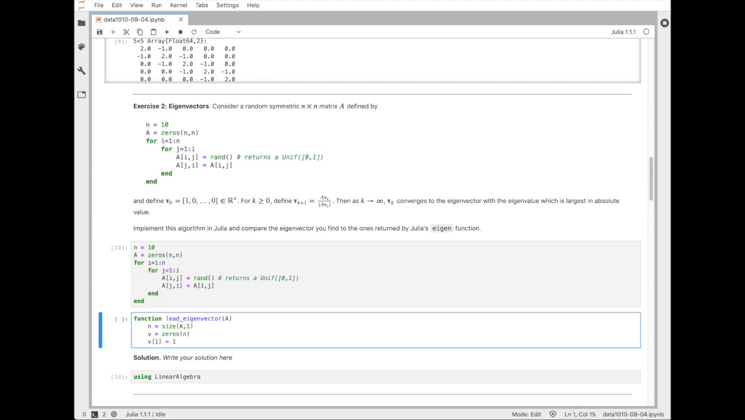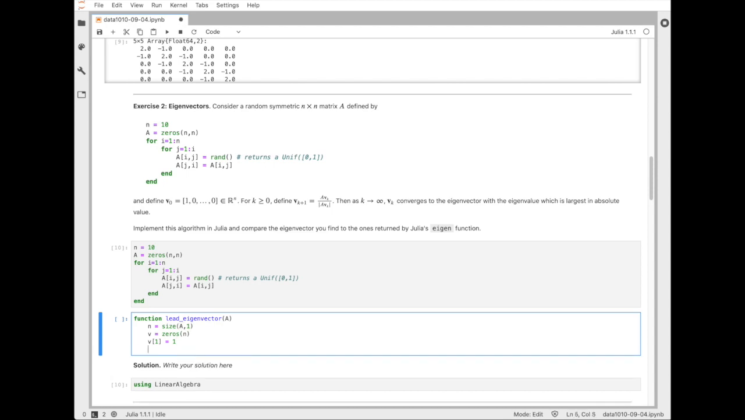And if we're computing eigenvalues, it's a square matrix, so we can just grab the first one. So what we're going to do, each of these updates is going to calculate A times V and then divide by the norm of A times V. So we just write that, and we need to do this repeatedly so we can put it in a for loop. For I in 1 to, let's just say 100,